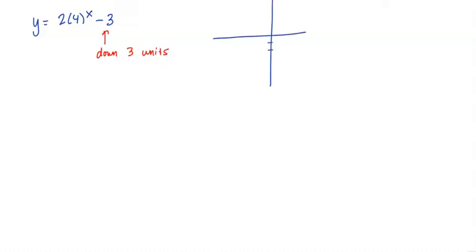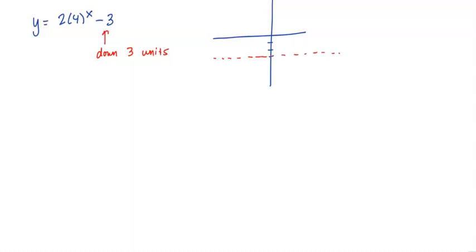What if we took that last function that we were just looking at, y equals 2 times 4 to the power of x, but what if it had a constant term at the end, a minus 3? So think about what this has done to our graph. This has caused us to shift down 3 units. So if you picture a sketch of what this graph would look like, the shape is still the same. But if you come down 3 units, everything is going to shift down 3 units, including that horizontal